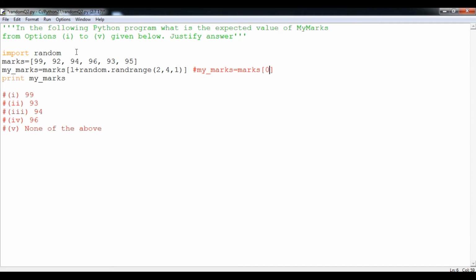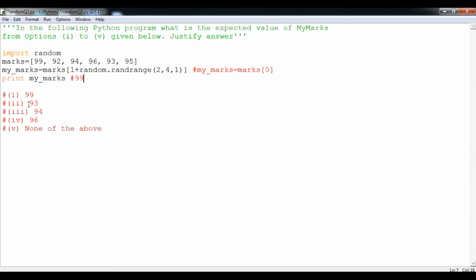So the value of my marks will definitely be 99. So this type of value will come from the list and this will print. It will print only 99. This is only one scenario.